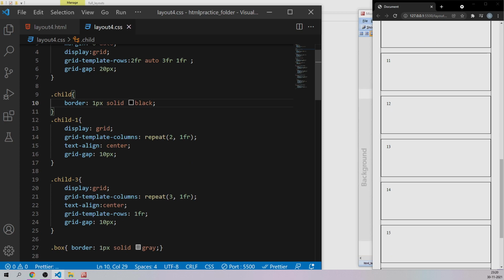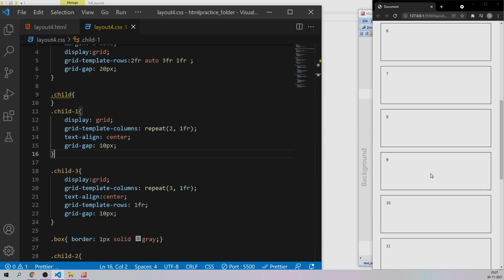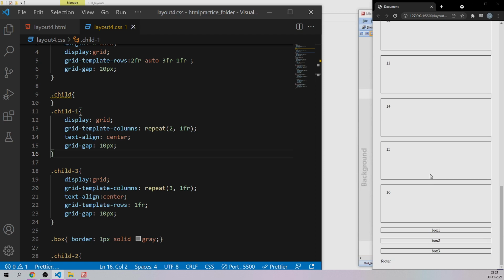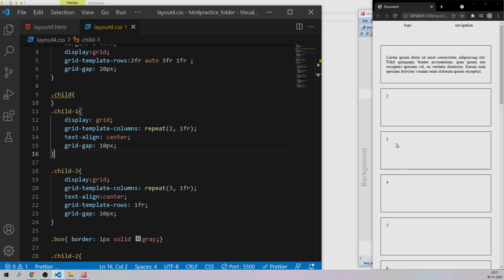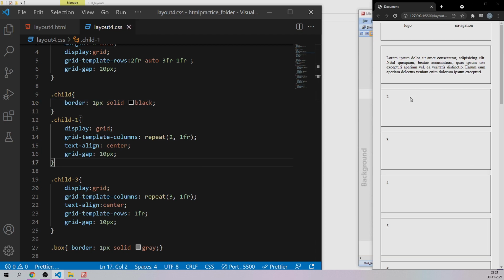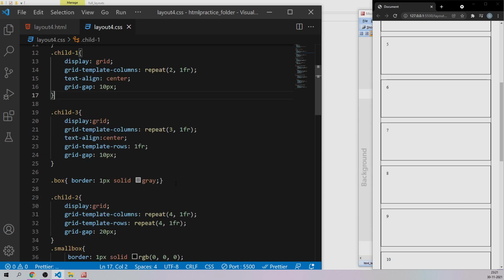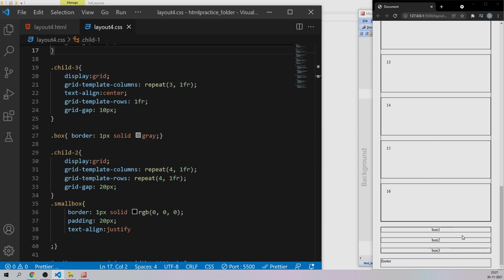And the same way for .child, all the 4 elements, because I have given each and every element an individual border like this. So it is going to be like this, but the footer as well as the logo section are still inside that particular child itself. Let's keep that particular thing just like this. And here we have other things, the child one and all the boxes. All three boxes have those border properties.